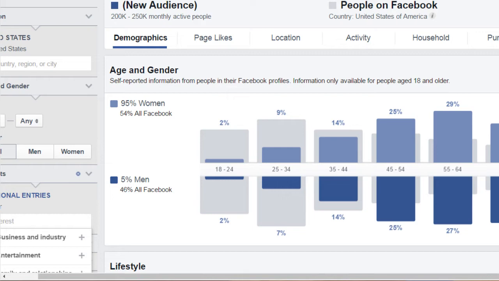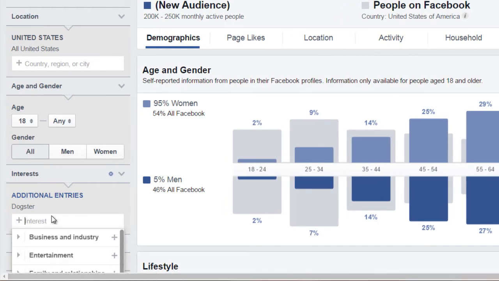If you don't know your demographics, then obviously trying to figure out what content to create is actually very, very hard to do. So now that you know the process up until this point and why I am teaching it this way, we want to go back to where we left off earlier, which is at facebook.com/ads/audience-insights. As you can see in the previous video, I did a search for Dogster right here.